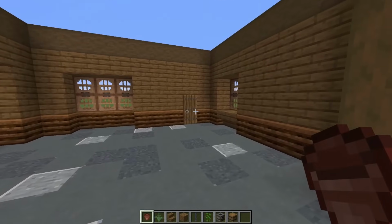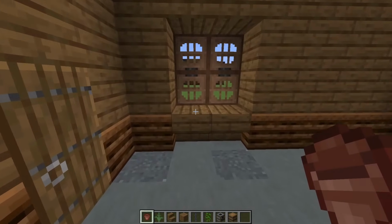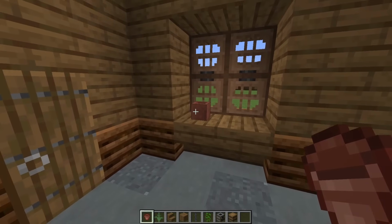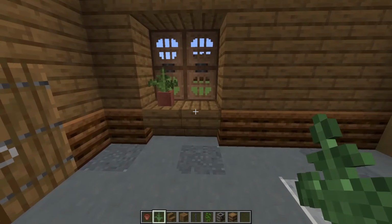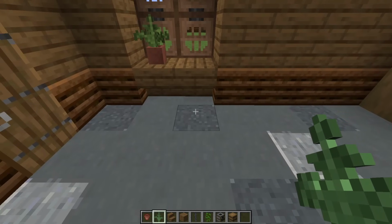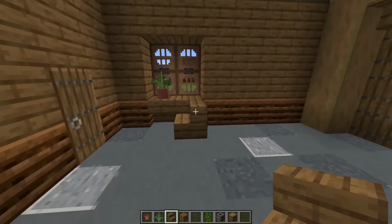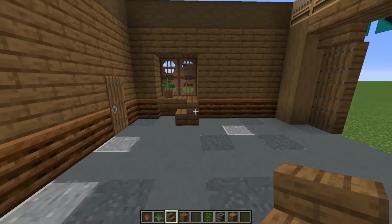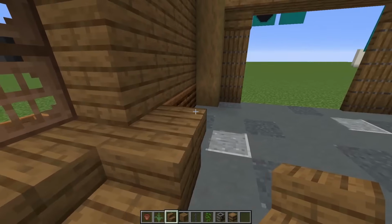So just look over the corner where our back door is and come to this window. We'll put a flower pot right there with a fern inside. Now, this upside down stair on the right hand side, just in front of that we are going to put a spruce stair like so. And we're going to make the staircase up just by putting an upside down spruce stair against that,